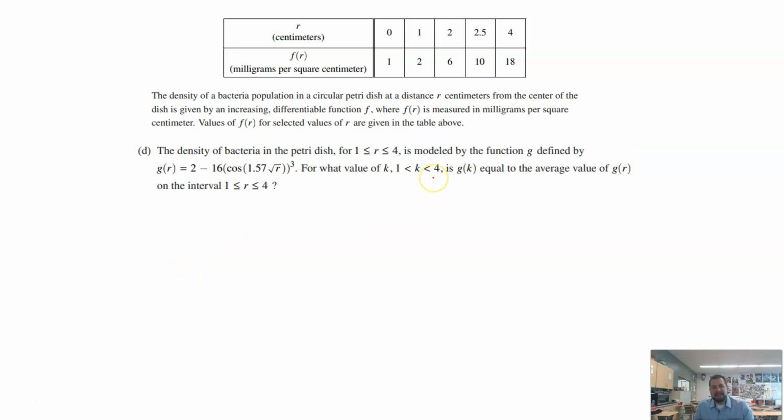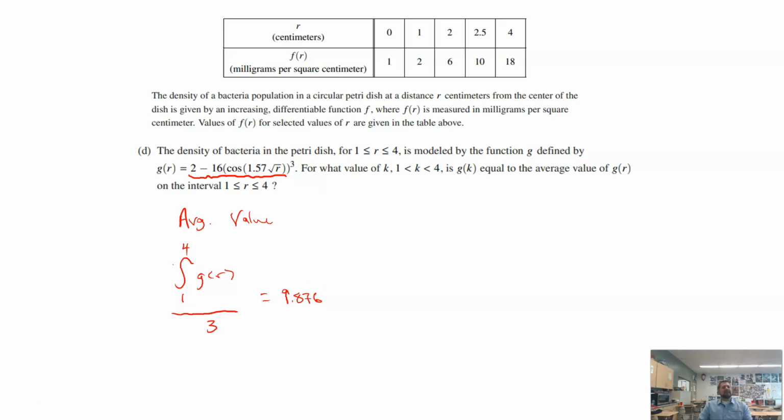Letter D says the density of the bacteria in the petri dish from 1 to 4 is modeled by this function. So now we actually have a function. For what value of k between 1 and 4 is g of k equal to the average value of g of r? Well, there's two parts to this problem. First of all, we have to find the average value of g of r. The way that we do that is we do the integral from 1 to 4 of g of r, and then we divide that by how long it took, which is 3. And when you put that into your calculator, you get